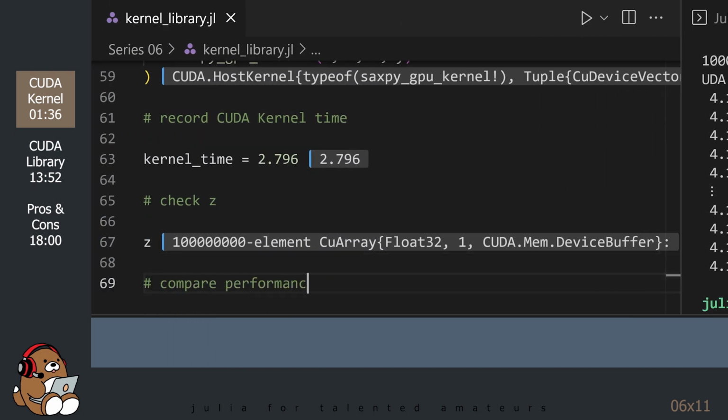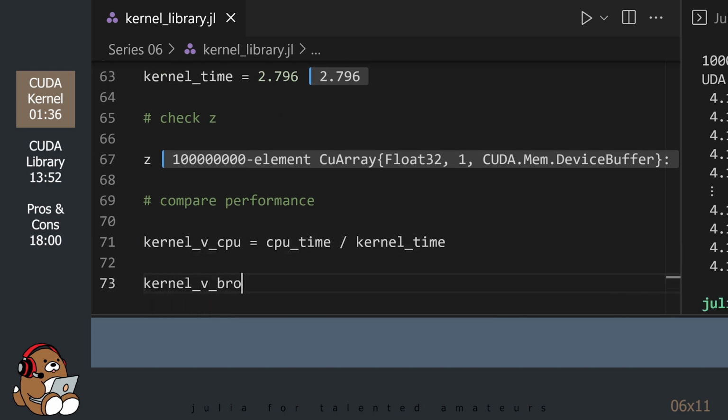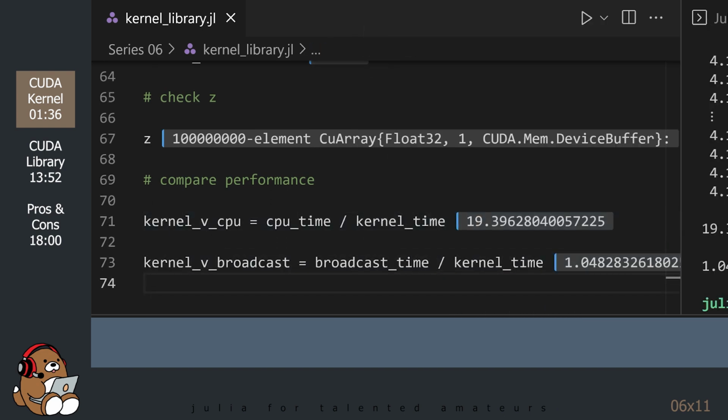Now, let's compare the performance of our CUDA kernel compared to the CPU, and compare it to Julia's broadcast operator on the GPU. So this custom CUDA kernel is about 19 times faster than performing Saxby on my CPU. The custom CUDA kernel is also slightly faster than Julia's built-in broadcast operator that ran on my GPU.